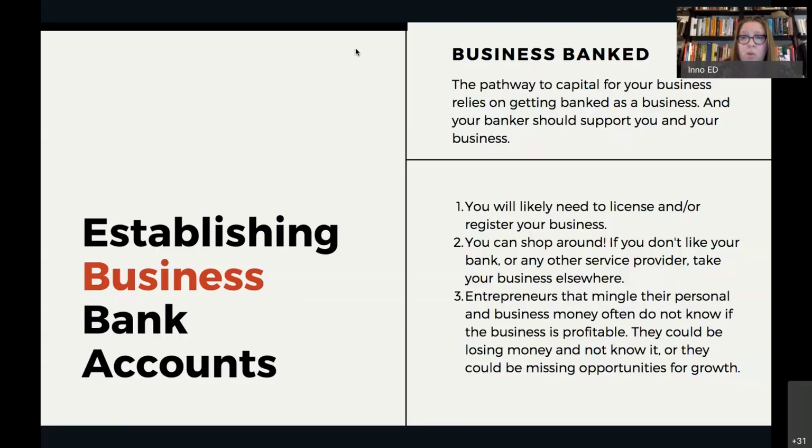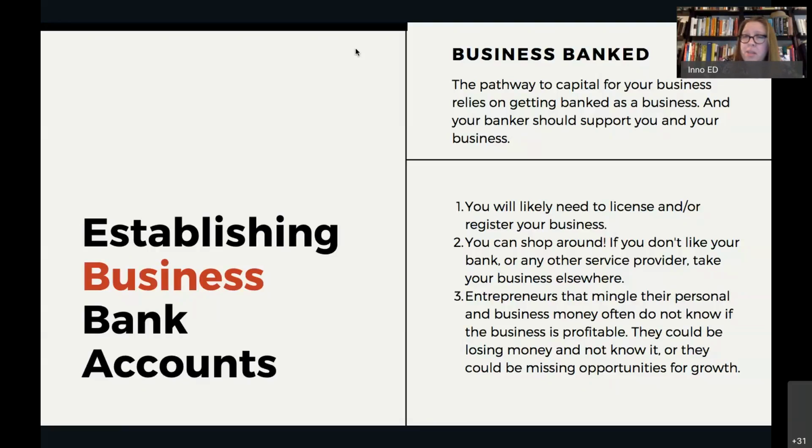And so anytime that you're working with someone for banking services, they should know you, they should know your business, they should be able to provide other referrals, and they should also be able to talk to you about your money without necessarily using a lot of lingo and jargon. Banking is full of lingo and jargon. Investopedia can be a really helpful way to catch up on some of that, but anyone should be able to talk to you in plain language about your money. And if they can't, you might want to think about working with someone else.